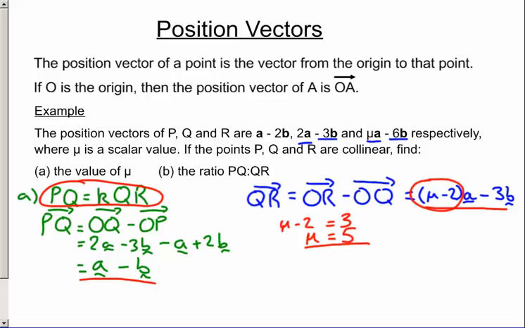Now we've found the value of mu. We can carry on, do part b. The ratio PQ to QR, we can see this easily because QR was 3 times PQ. We used that to find mu. So the ratio is 1 to 3. So position vectors are just a vector